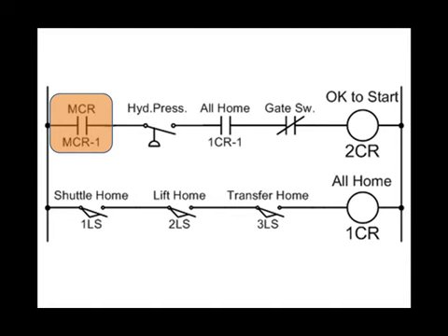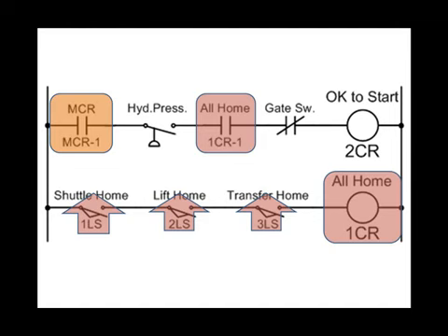So the state of the coil 1CR becomes a collective representation of those 3 limit switches. If those 3 limit switches are closed, then that rung is true. You have continuity. 1CR energizes, and all normally open contacts associated with 1CR also close. And at some point, if the other conditions become met in the upper rung, then OK to start relay 2CR